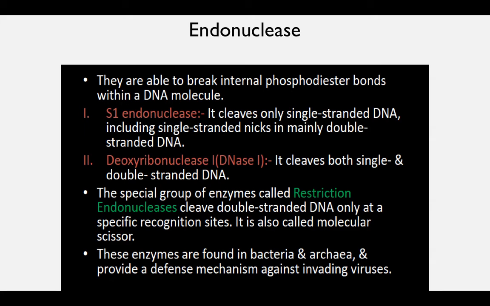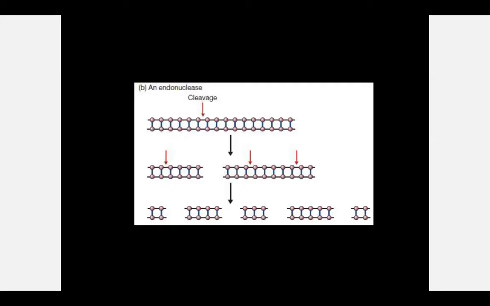So endonuclease is going to act internally. Now just try to understand how they are going to work. These are the endonucleases which carry out cutting in a single strand as well as a double strand internally, just like this. Now just try to observe. For example, this is your endonuclease. In the first image at the top, whenever I am moving my cursor, this is the entire fragment of a DNA. You require only this much portion. So what will you do? You will put the cleavage over here.